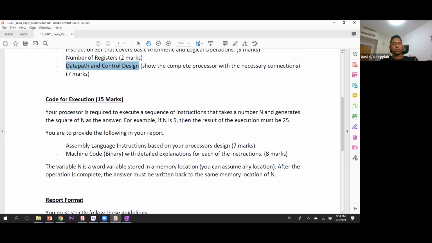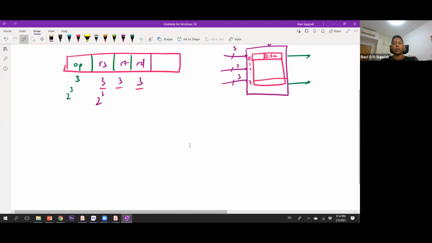For the code, now that you are designing your own processor, you are going to write a sequence of instructions that takes a number n and generates the square of the answer. It should be stored in a memory location, and you can write back to the same memory location. So what are you supposed to do? That means you are supposed to read from some memory, correct? So inside your data memory,